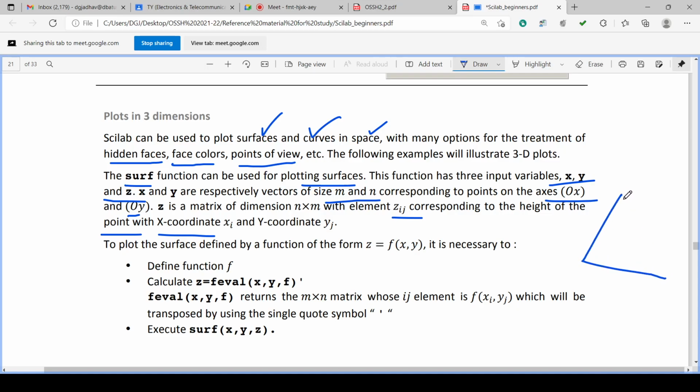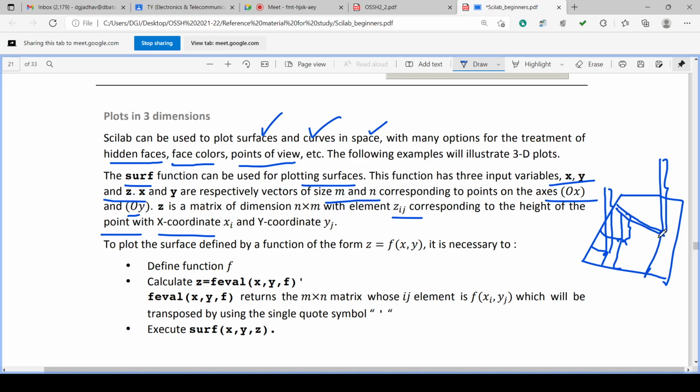So points are there. Suppose this is one point, this is another point. This is the y value, this is the x value. So xi, yj are the two values, and the third value is z. How much height is there for this point of the graph? This is the z value for this point.